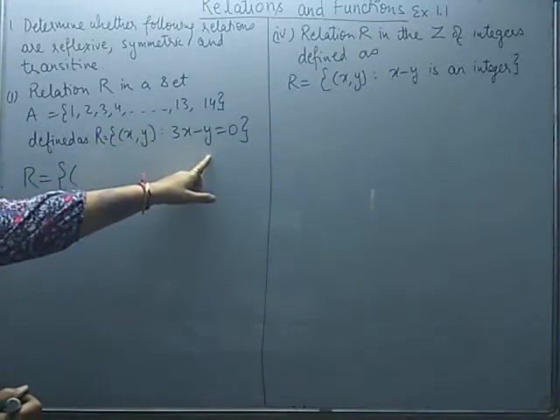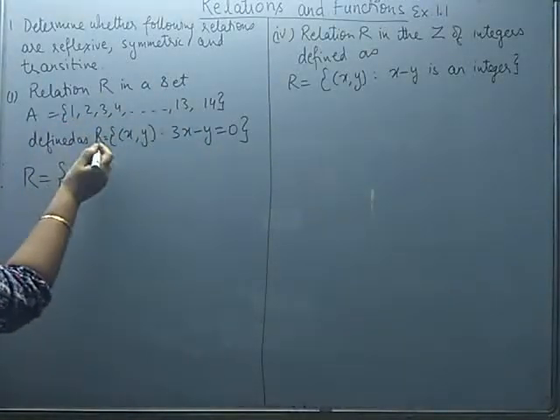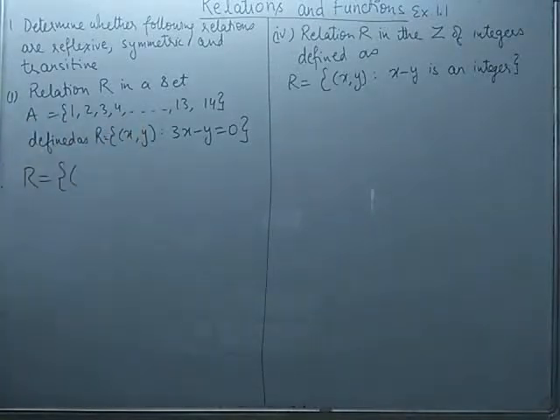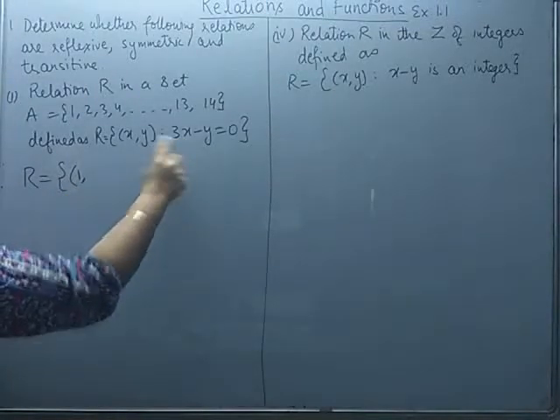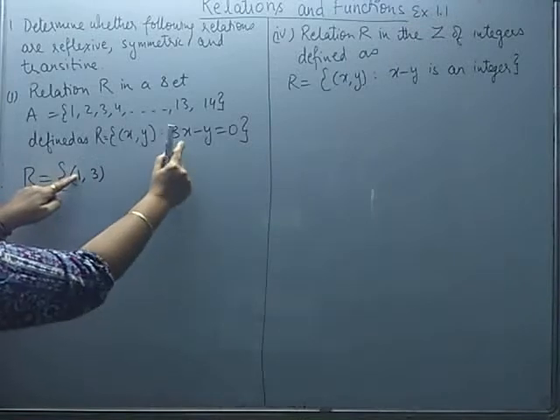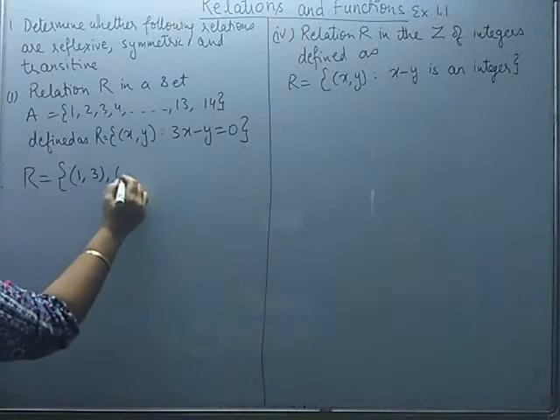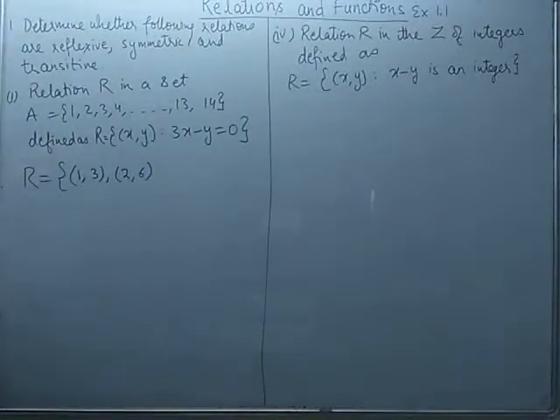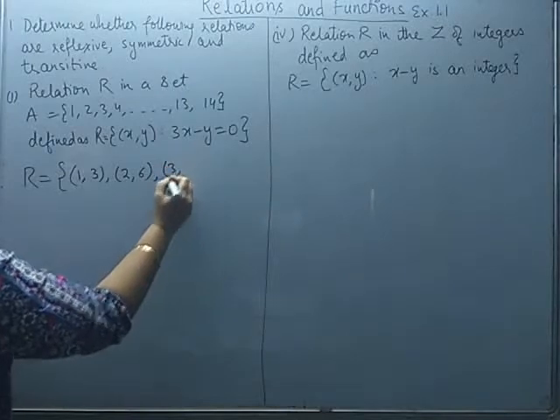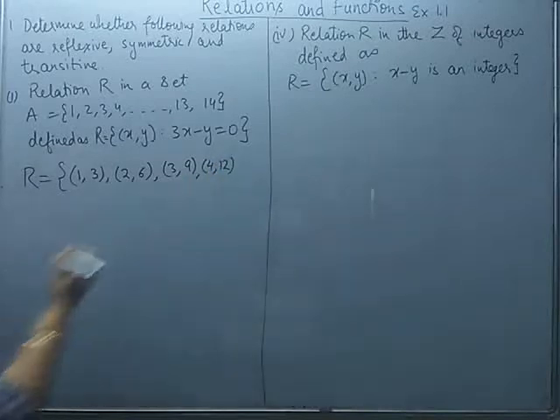So start writing those ordered pairs which are going to satisfy this equation. Keep in mind both X and Y can be the natural numbers from 1 to 14 only, because we are defining a relation from set A to set A. So you can quickly see, if I replace X by 1, if X becomes 1, this will be 3. So Y becomes 3. So the pair 1, 3 is satisfying the given relation. You can easily see 3 into 1 is 3, then minus 3 will come out to be 0. So moving on to the next pair, suppose X becomes 2, then Y will come out to be 6. And if X becomes 3, Y will be 9. If X is 4, Y will be 12.